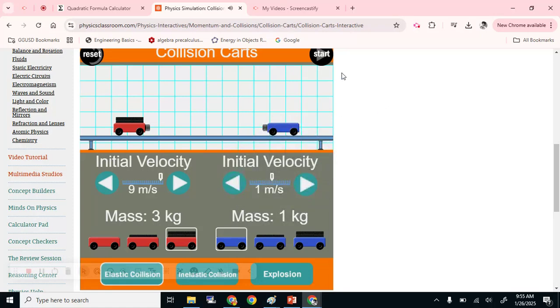Alright, so for this video, I'm just going to show you how to do this particular elastic collision. I just picked a couple of random masses here from the simulations. The red one on the bottom left is 3 kilograms. It's moving to the right at a positive 9 meters per second, as indicated here. And then the bottom right, blue, is just 1 kilogram, and that is moving to the right at 1 meter